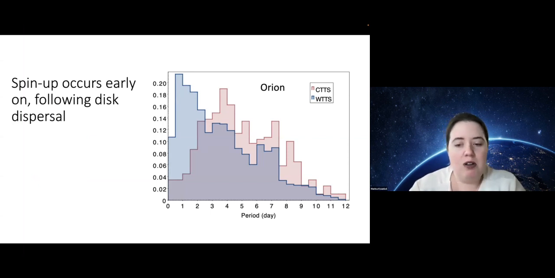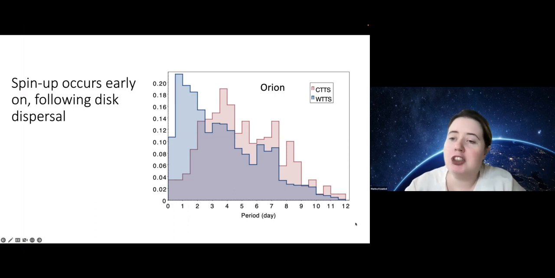Well, we can take a look at their earliest stage of their formation. For example, in Orion, which has an age distribution from less than 1 million years to up to 10 million years. And if we're to separate the stars into those that still have disks and those that no longer have disks, we find that very few stars with disks have rotational periods less than 2 days. So there seems to be some sort of boundary at the period of 2 days. So we can define all the stars that are rotating faster than that as TESS rotators.